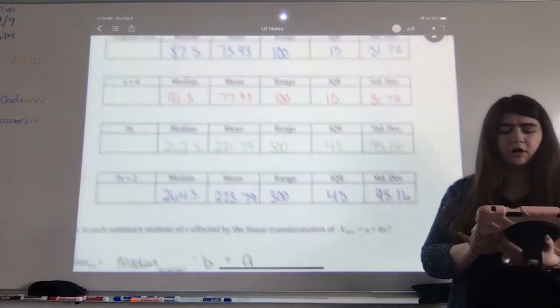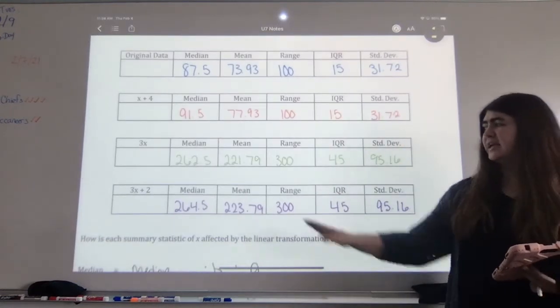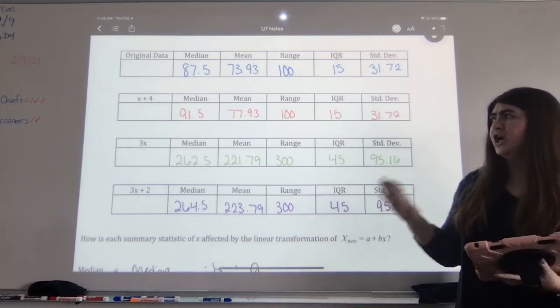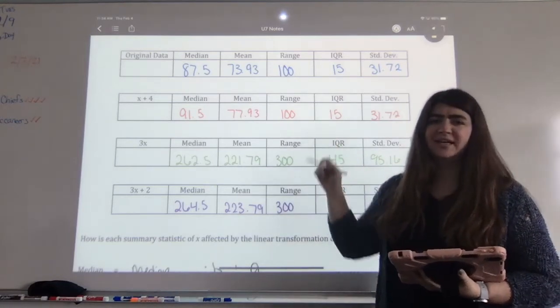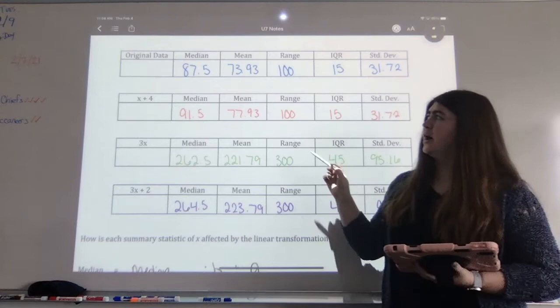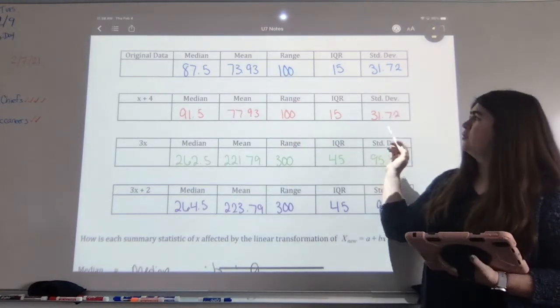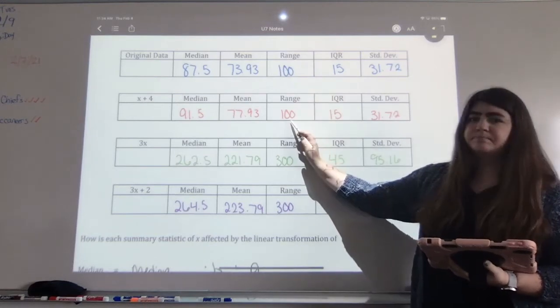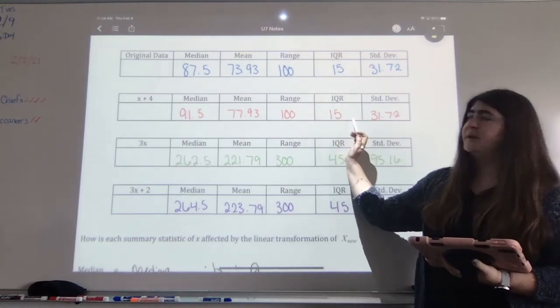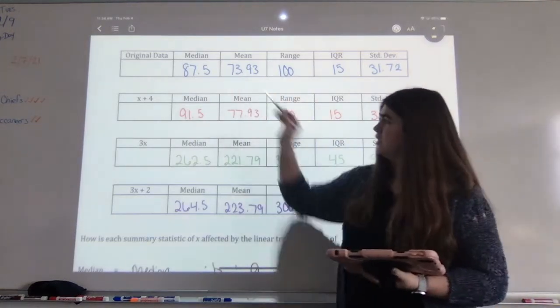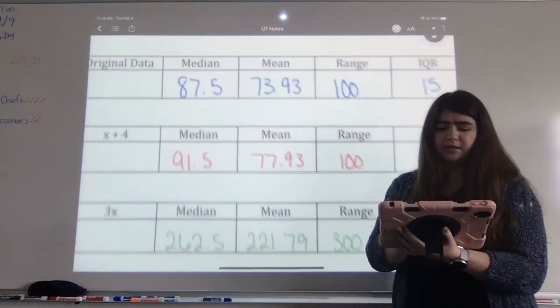So now that we have all of that data in our tables here, we're going to take a look at what changes between our data sets. So starting with our original data to when we added 4, if you notice, the range is the same, the IQR is the same, and the standard deviation is the same. But the mean and the median both change. And if we're looking at this closely,